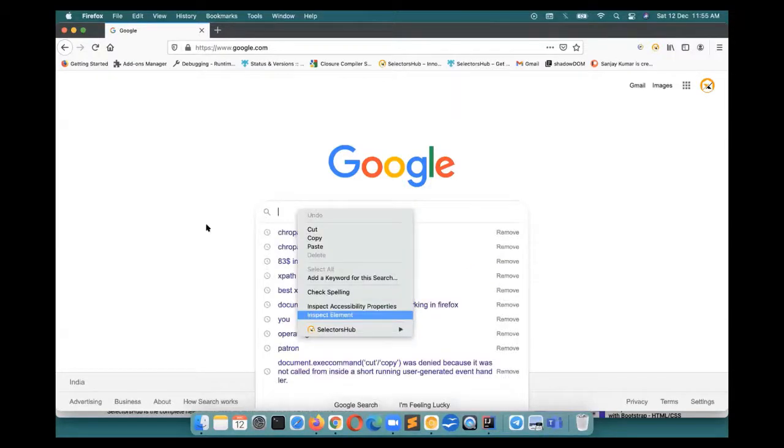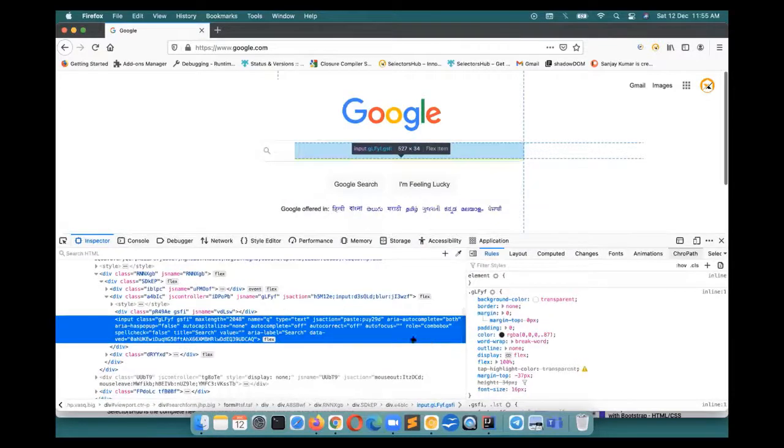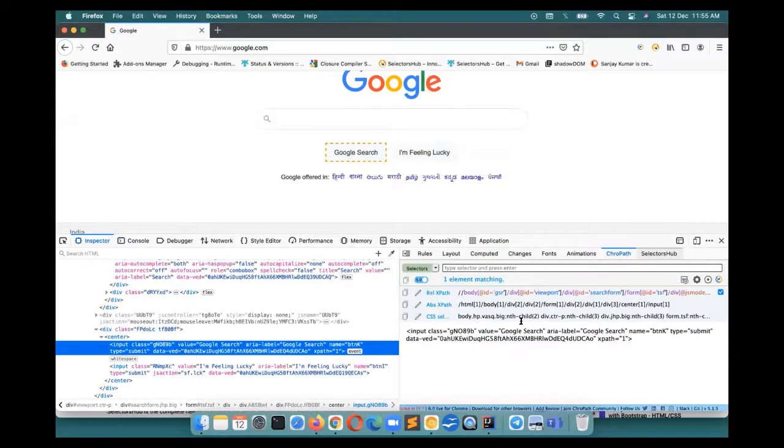And you can anytime compare this with any tool out there, like what kind of selectors you get. Let's say if you have to compare with ChroPath, what value you get from ChroPath for any element which you inspect from here. You see the kind of XPath you will get from ChroPath and the kind of XPath, CSS selector and XPath you will get from Selectors Hub, there is no comparison with any other tool out there.